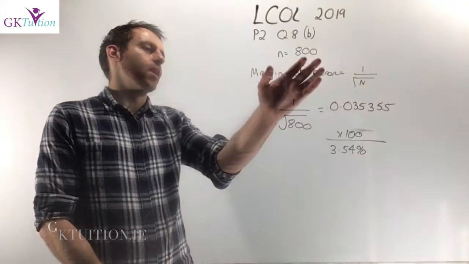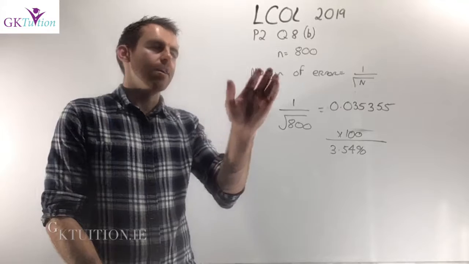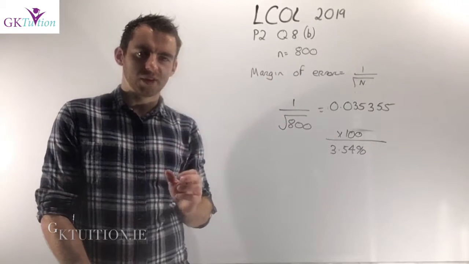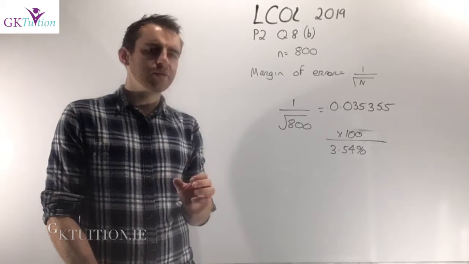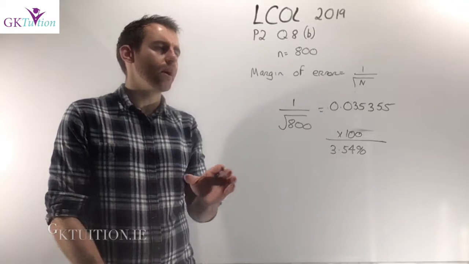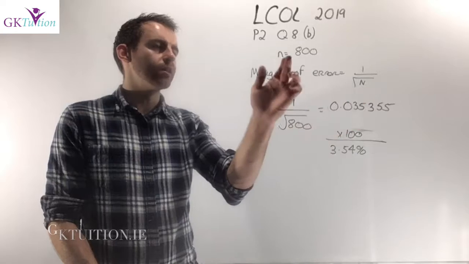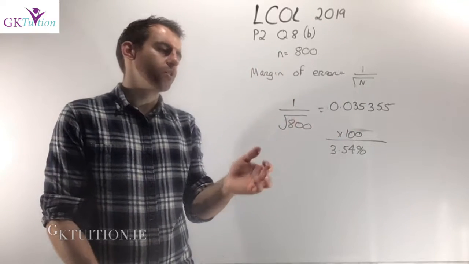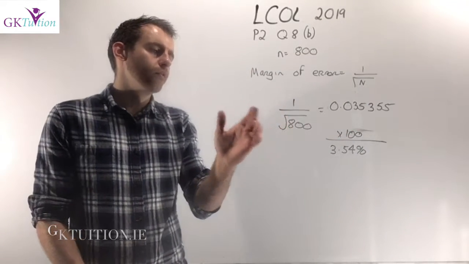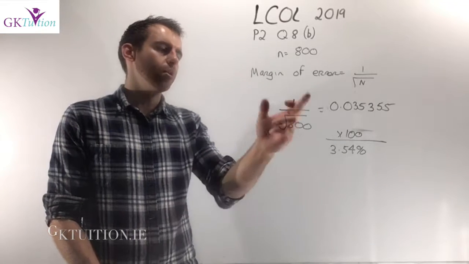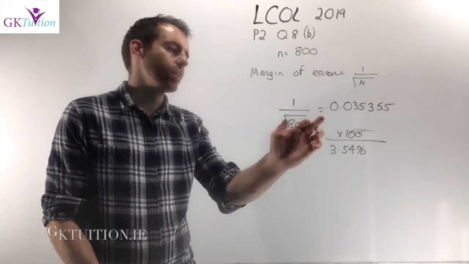Now, if our sample size is 800, that's n. N is the letter we use to signify the size of our sample. And you need to know or memorize the formula for the margin of error: 1 over the square root of n, where n is the number of people in your sample. So in this case, the margin of error was 1 over the square root of 800. You just plug all of that into your calculator and it works out as